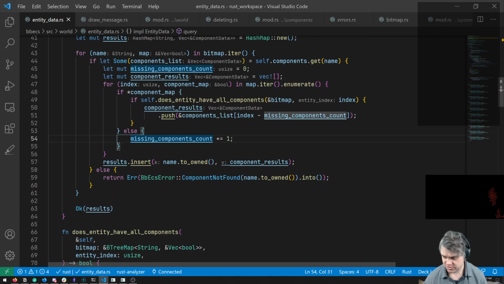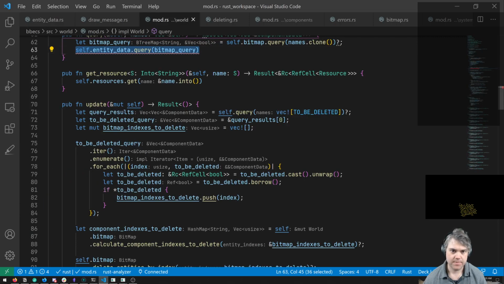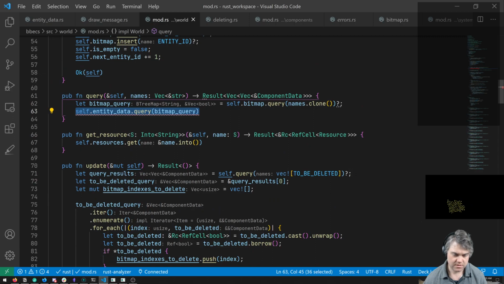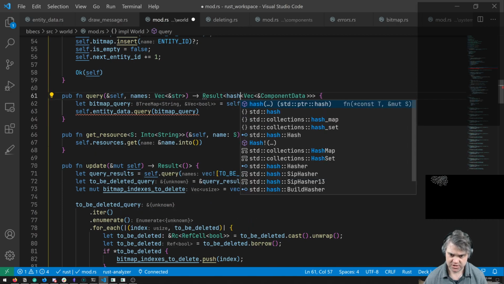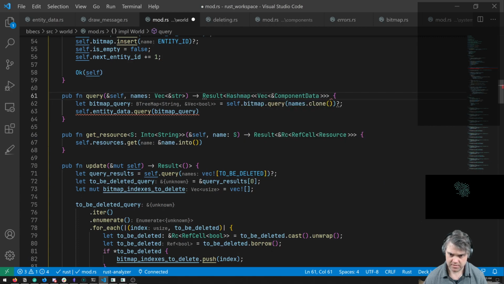And I don't think anything else really changes here. Now, errors. Oh, right, now we're returning a hash map of string that.